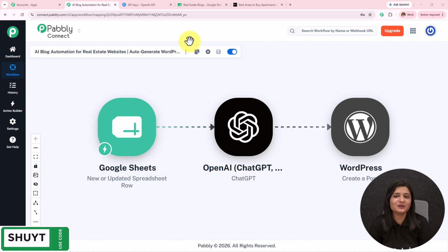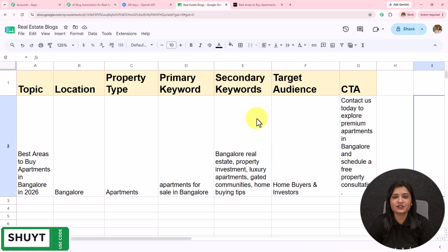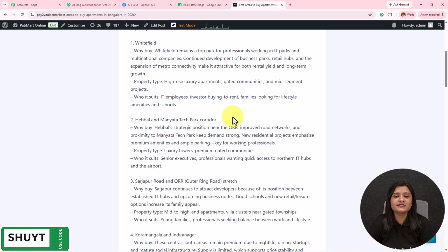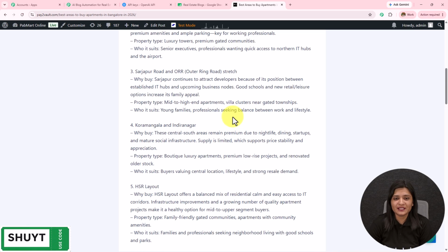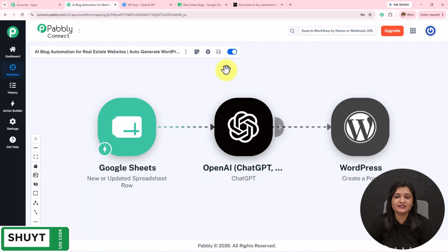In this video, I'm going to show you how you can create this blog automation workflow just in few minutes, such that whenever a new idea is posted to your Google Sheet spreadsheet, automatically a blog is created and posted to your WordPress. Now, if you also want to learn how you can create this, then let's start creating this